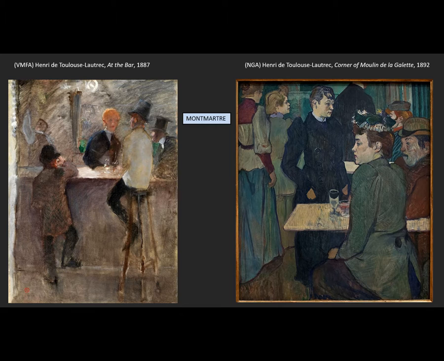So Toulouse-Lautrec is hanging out at these places, and he's slumming it. He's wealthy, but he's hanging out with riffraff, because these places were and kind of still are on the Montmartre a little dangerous. It's a good place to lose your wallet, but it's also a great place to go, you know, as the French go,